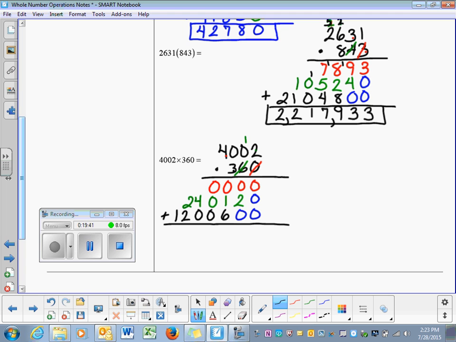I'm going to add that all up. 0, 2, 7, 0, 4, 2, 1. 1,240,720. Now, take note that in many countries, you use a decimal point to show where you pause as you